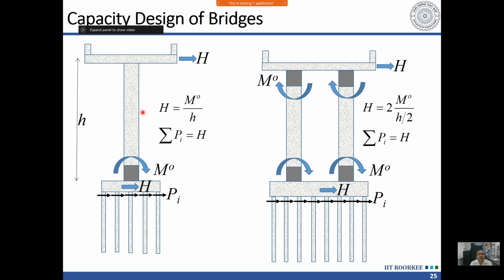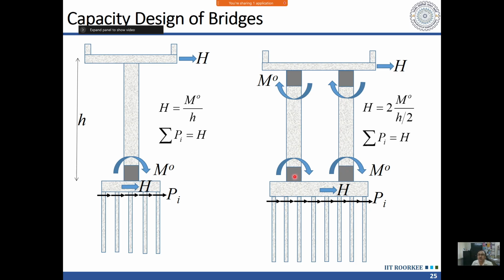In some cases we use tapered piers, and it happens that the tapered pier fails in shear at the top, because at the top the moment is not there. Moment is maximum at the base, at the top the moment is 0. So from the moment point of view we don't need that size at the top, but to satisfy the shear force it should be able to take shear force. So for getting the shear force capacity, I need to increase the size and the reinforcement at the top. Now the same thing we can extend to multi-column piers.